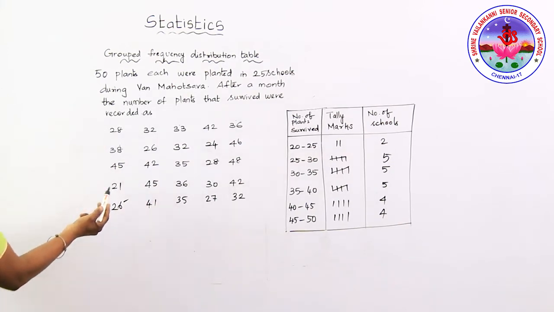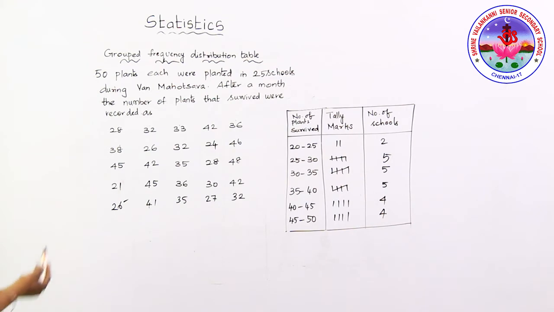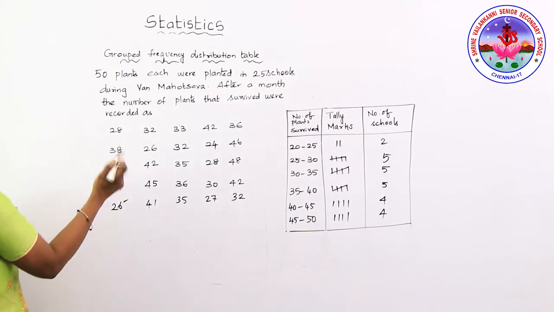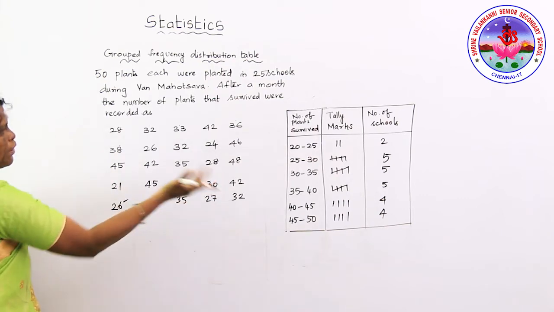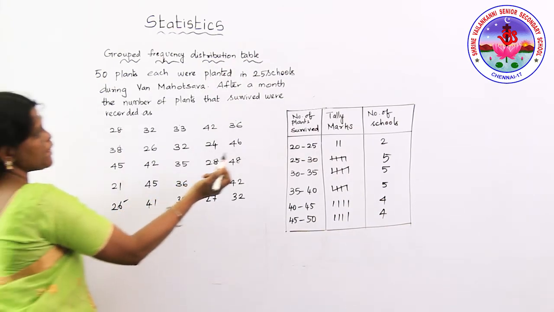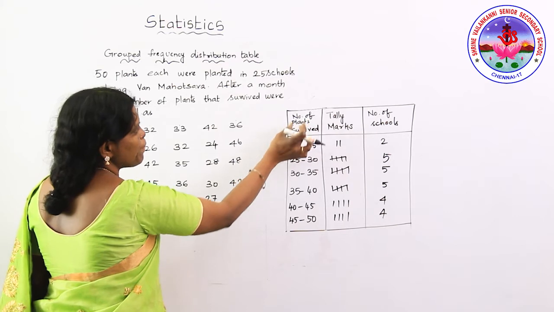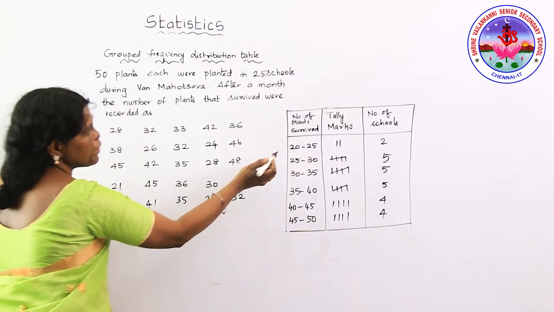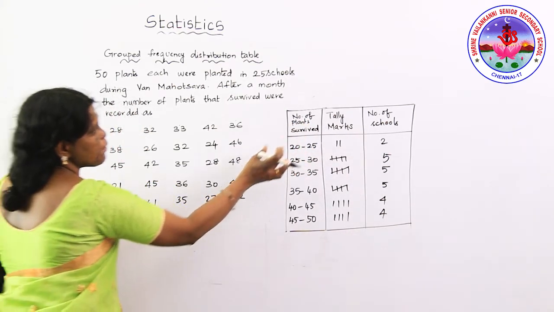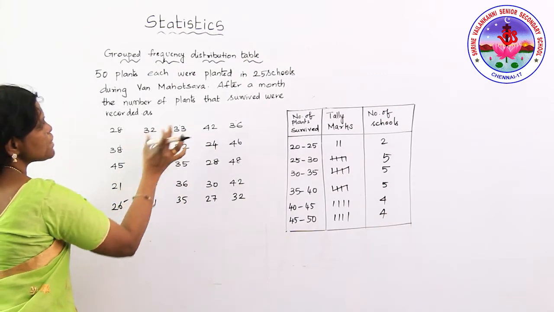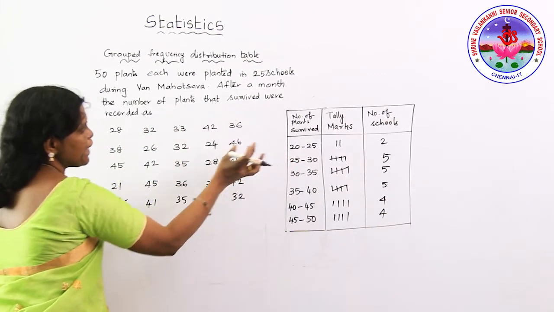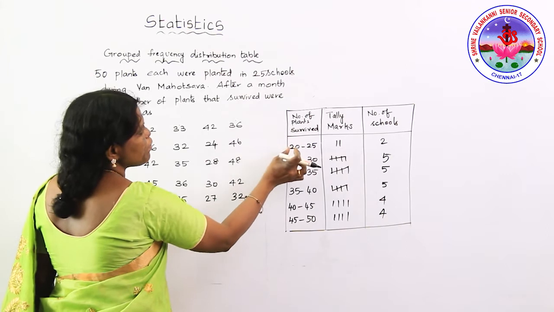Now I am going to arrange this data into a grouped form. Actually it is given as raw data, and we are converting it into grouped data. So I am writing here the number of plants that fall in the range between 20 to 25. I am arranging the number of plants into grouped data, so the plants which belong